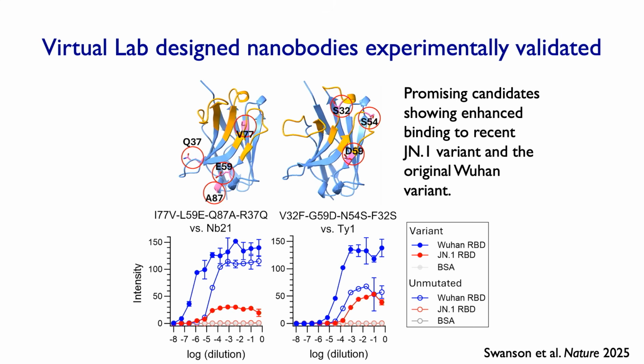So I'll just explain briefly what each curve means one by one. If we look at the bottom red curve with the open circles, that's where we took the previous human design nanobodies and tested that against the recent COVID variant. It's basically flat at 0, showing that it does not actually bind.